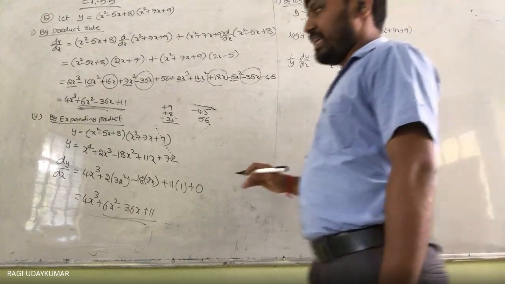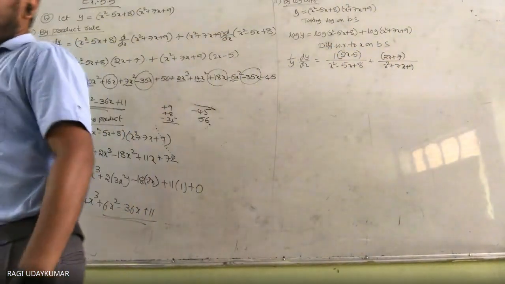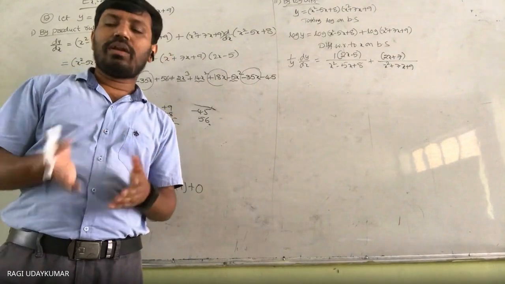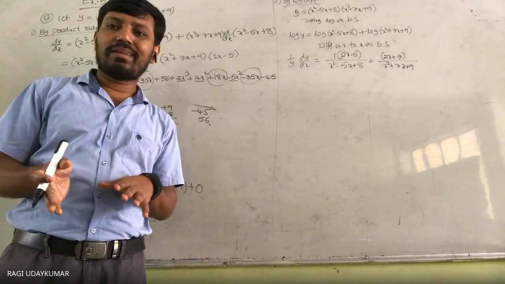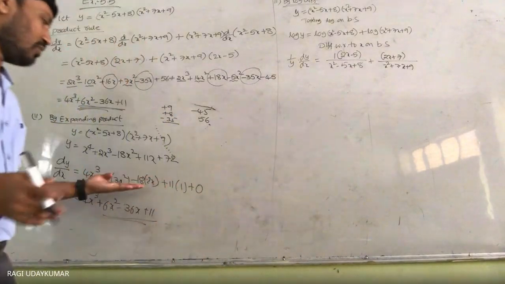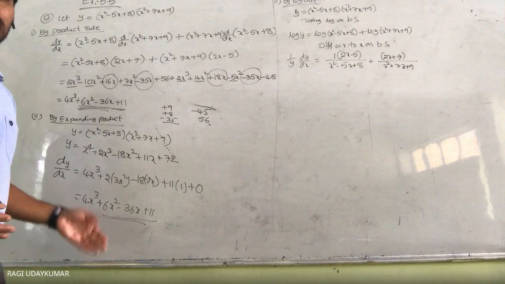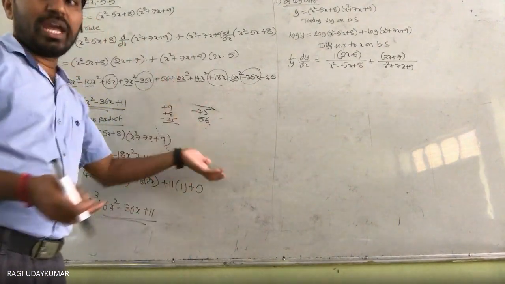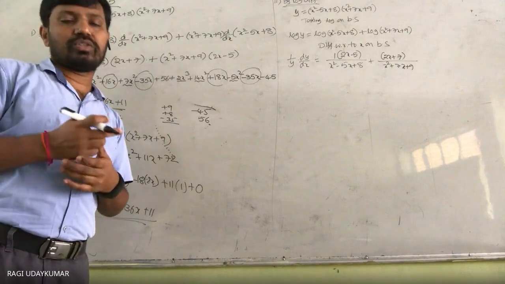ये थोड़ा सा lengthy है. In all the problems, if a product function is given, it doesn't mean that you need to use logarithms. Logarithms use कर लिए तो length ज़्यादा होगा. ये देखो direct product is easy. Sometimes direct product करना है, sometimes logarithm करना है, sometimes chain rule use करना है, means product rule use करना. Sorry.